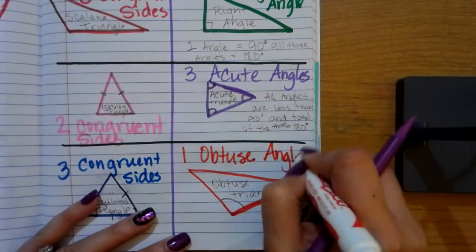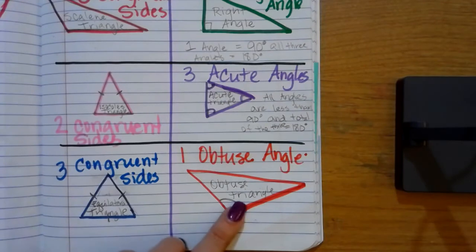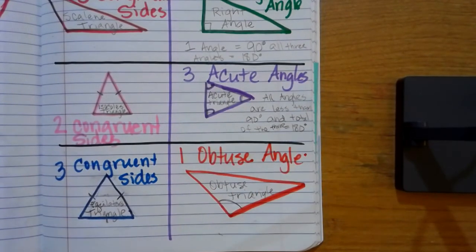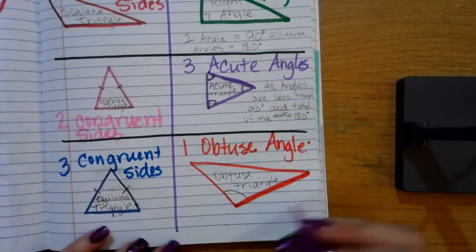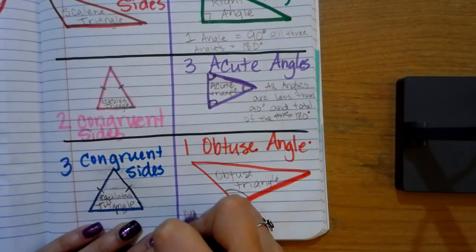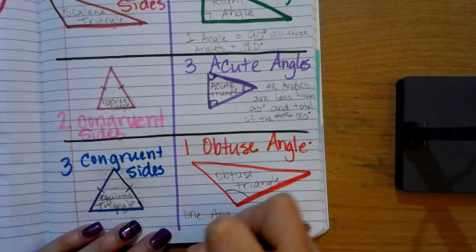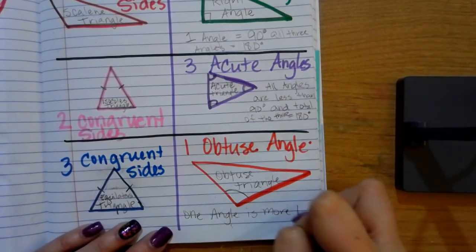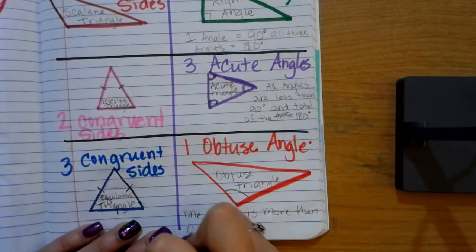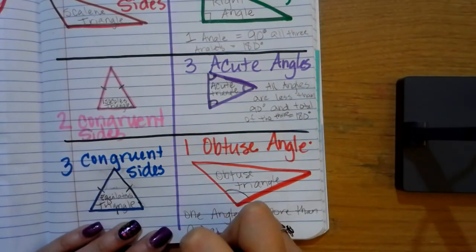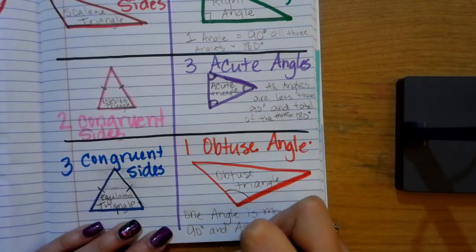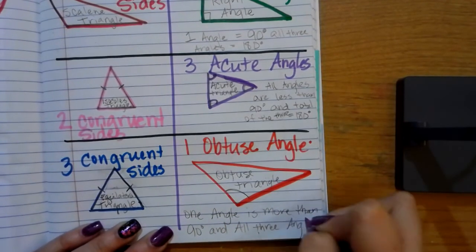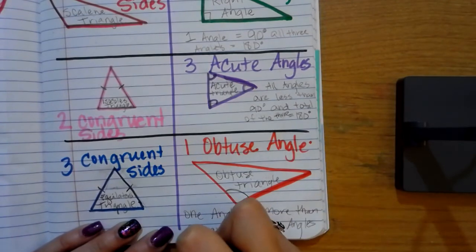And the reason for that is if you have one angle that's more than 90, then these other 2 are going to have to be less, in order for it to equal 180. So one angle is more than 90 degrees, and all 3 angles total